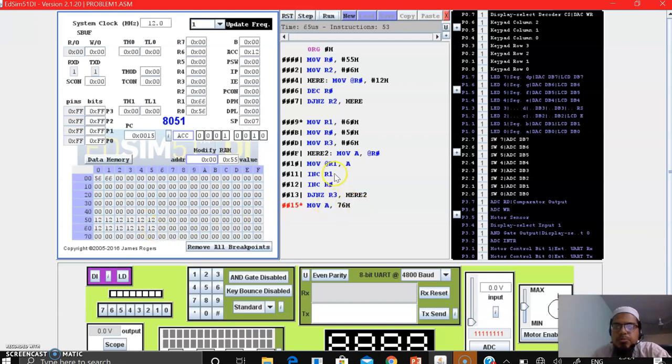So I hope you have understood how the program is flowing and what each of the instructions is doing, and I hope many things have become clear in this